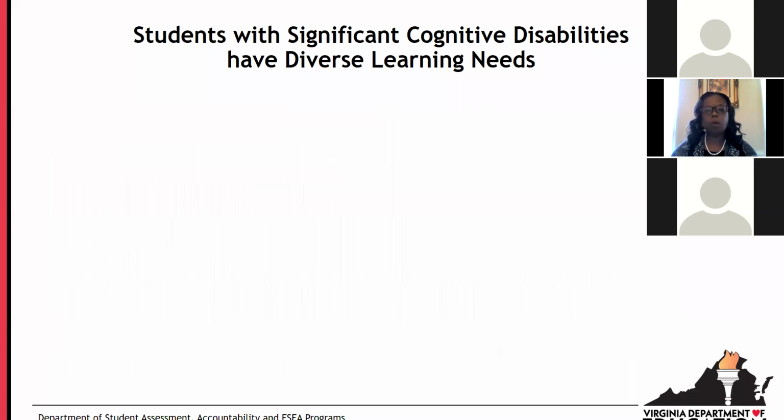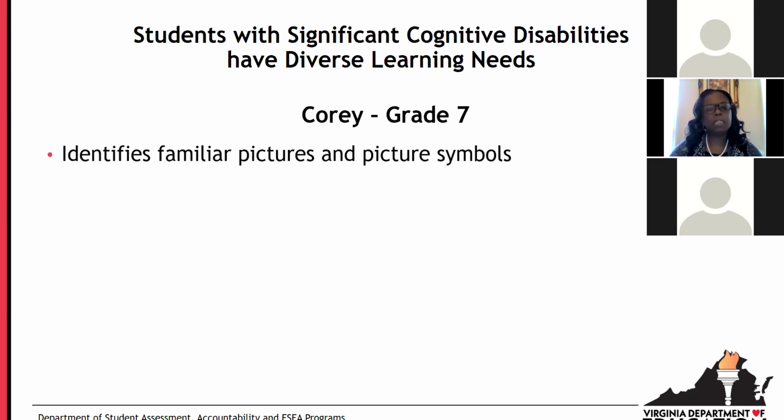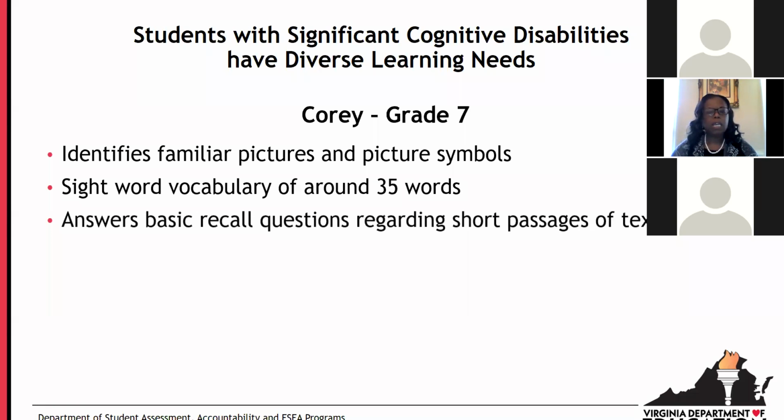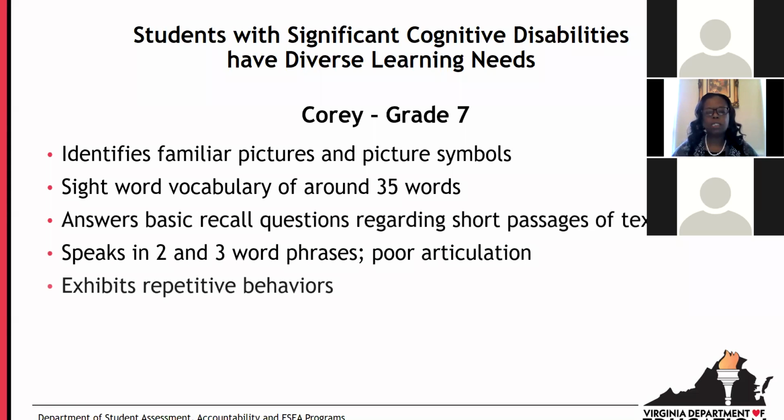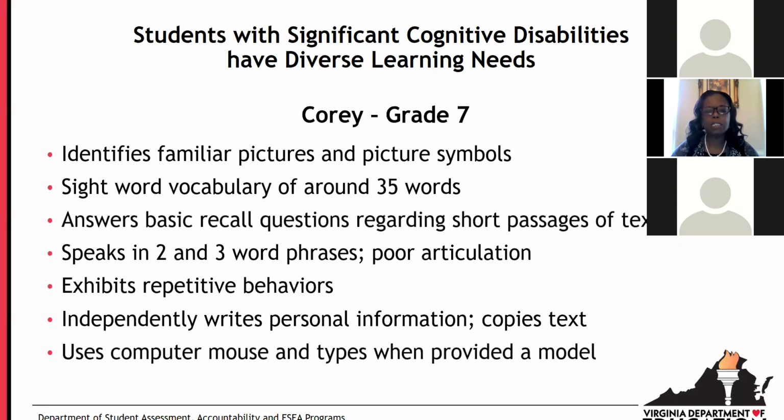But if we go on to our next student, who is Corey, a 7th grader. And what we see is Corey's learning needs are very different from Matthew's. He's able to identify familiar pictures and picture symbols. He does have a sight word vocabulary, like Matthew did, but his is around 35 words.